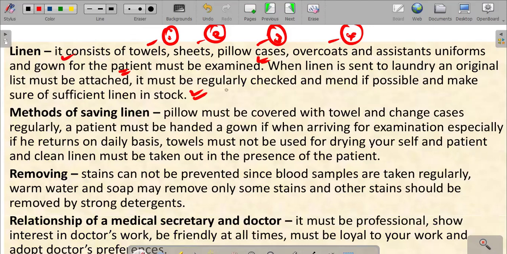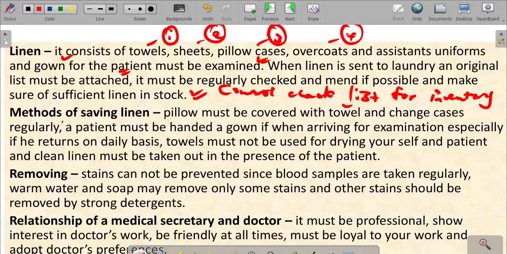So this is, for example, a control checklist, which is used in keeping inventory, for our record keeping. It helps to avoid loss, it avoids shortages, it ensures accountability, it ensures tracking. So methods of saving linen: the pillow must be covered with a towel,